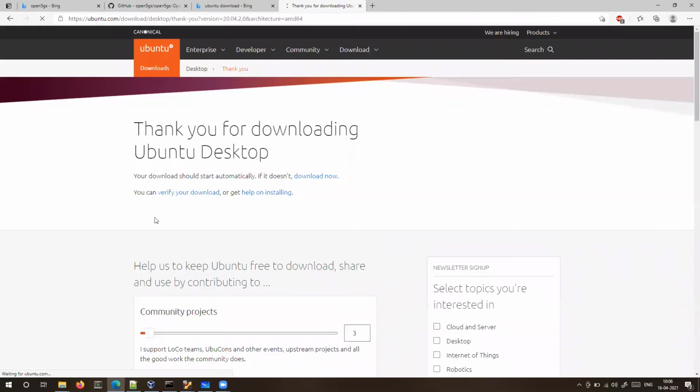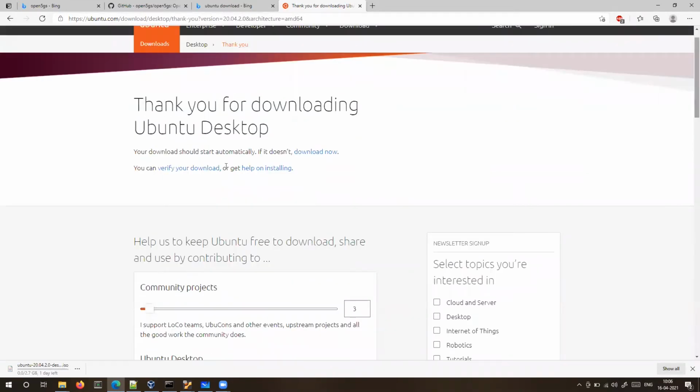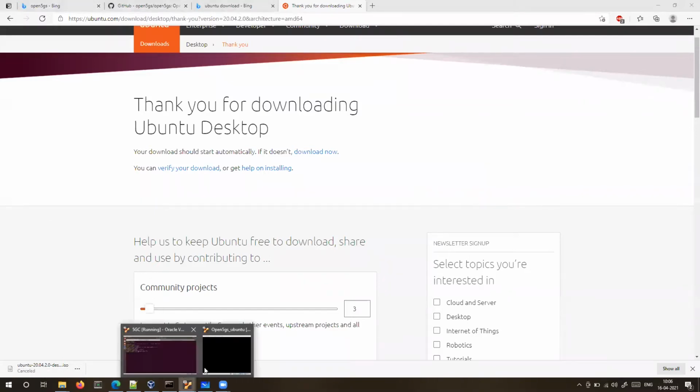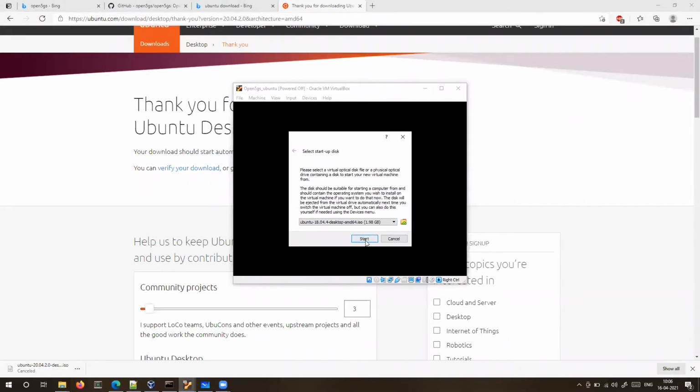The current version is 20.04, so you can just click download and it will start downloading. No need to do anything else. I will cancel it because I've already downloaded it. So I will just select Ubuntu 18.04, which is there, and you can just start.